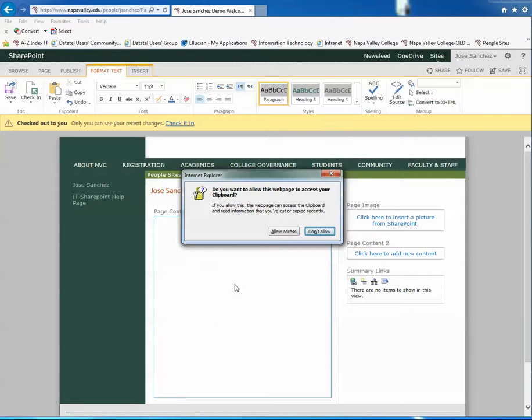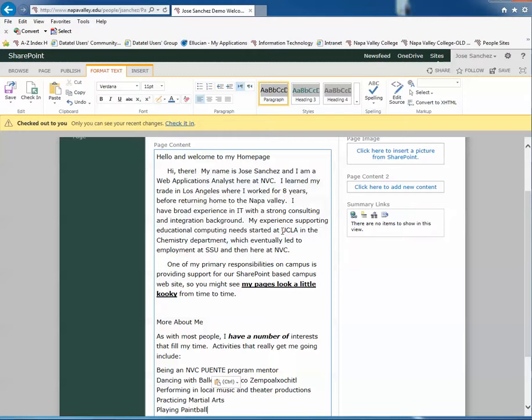So I tend to be a fan of using the keyboard shortcuts. When I go to paste in my text, I get this confirmation window. Are you sure you want to paste it? Yes, please. Let's allow access. Okay, so the text has been pasted in, and you'll notice it's still carrying some of the formatting from where